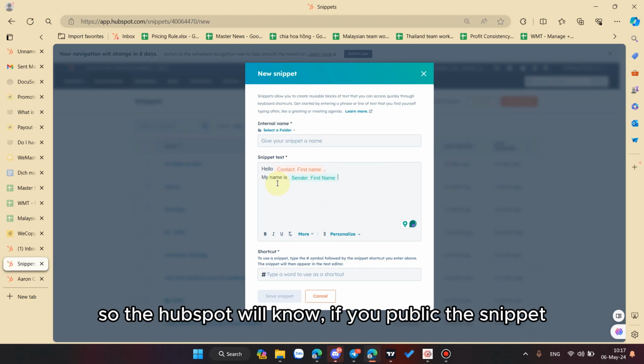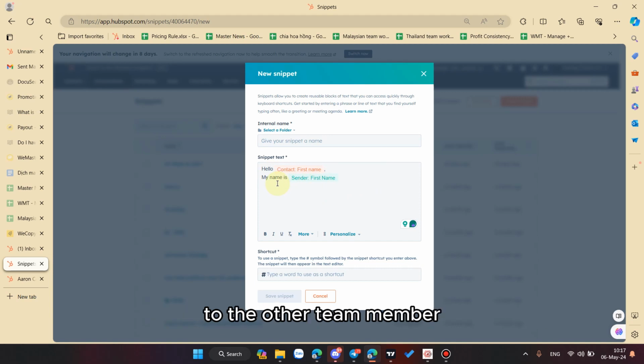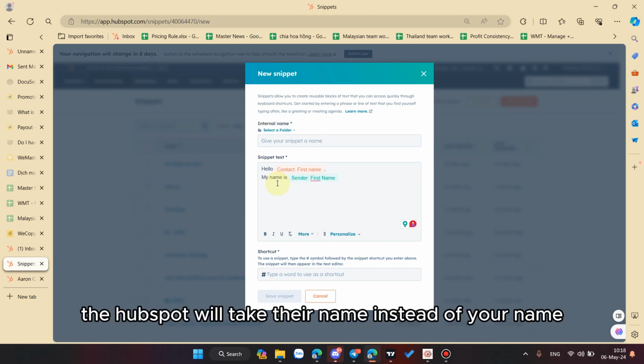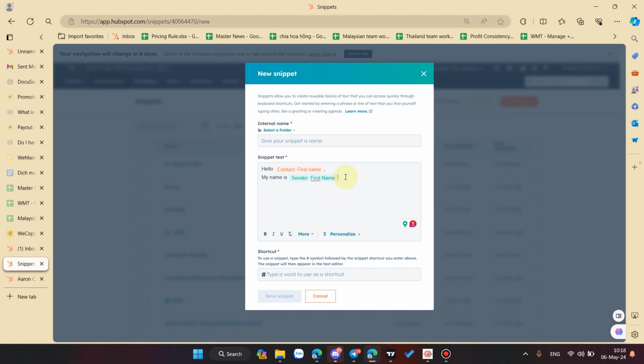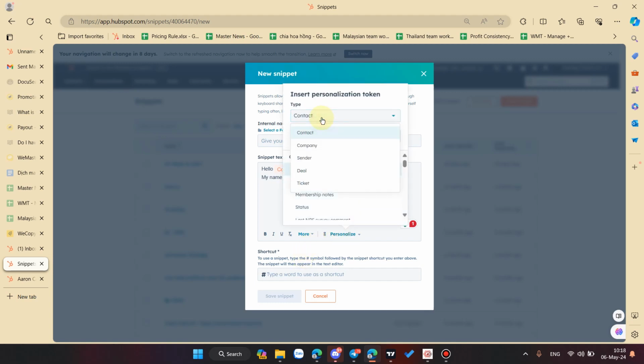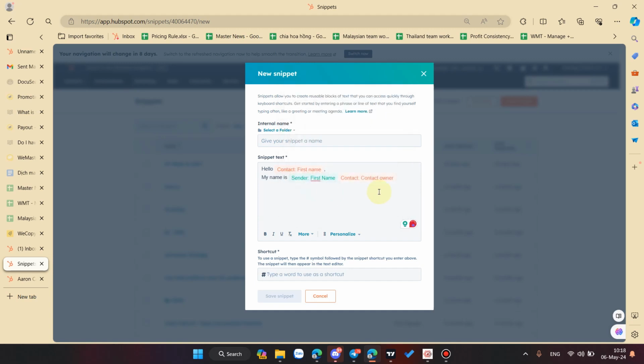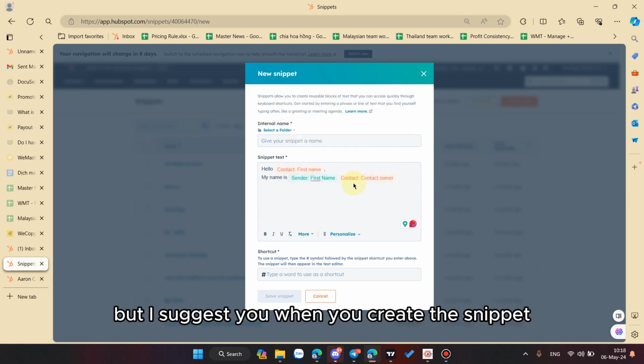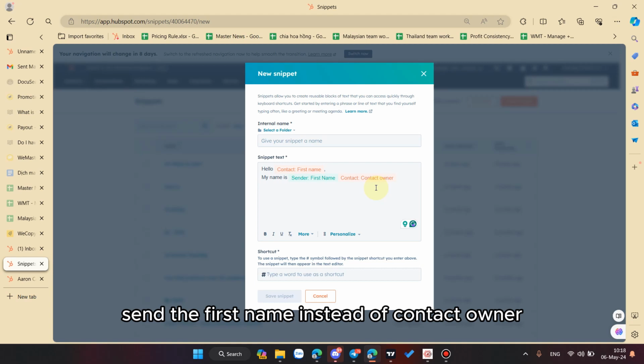So HubSpot will know that if you publish this snippet and another team member uses it, HubSpot will take their name instead of your name. The other option is contact owner, but I suggest that when you create a snippet you use the sender first name instead of contact owner.